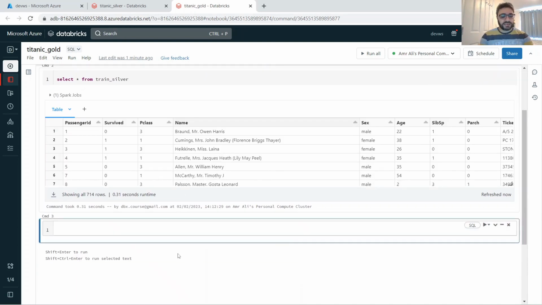So I'm gonna say select. This is my statement. Select. So I want to know the sex and the total passengers. So sex, total, and actually the count asterisk as total passenger from train